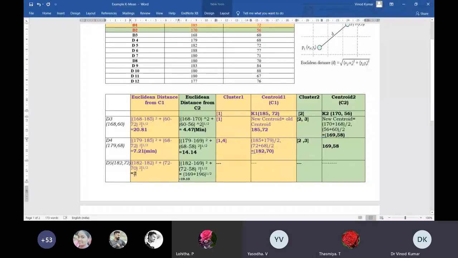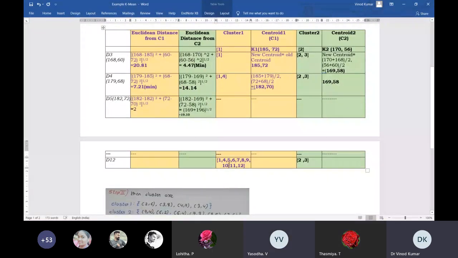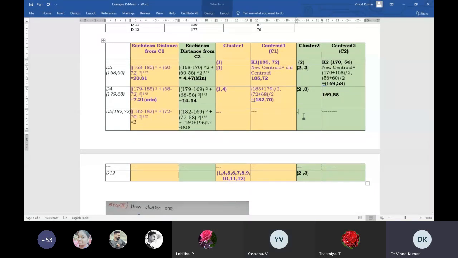These ones. C1. So the distance of D5 to cluster C1 is minimum. That's why this D5 will go to which one? This one. So that is why 5 came here, and here are my new elements. So in this iteration, what will happen? 1, 4, and the new element 5 will be here, and here the same 2, 3 will be there, because the assignment is done in cluster C1.